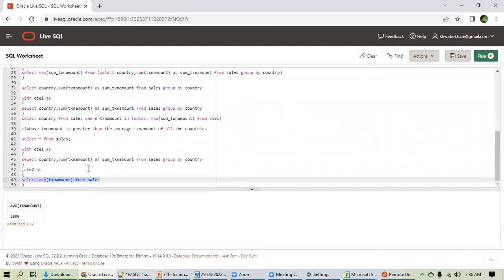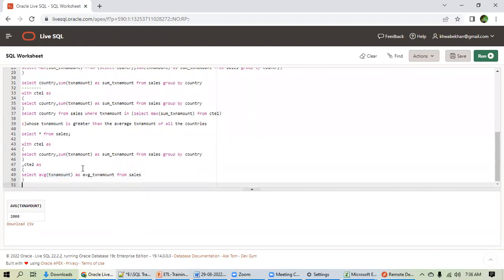Let me keep the alias here as average transaction amount. Then what will we do next? Display the country by comparing the sum and the average. Now I will tell the SQL engine that I want country, comma, sum of